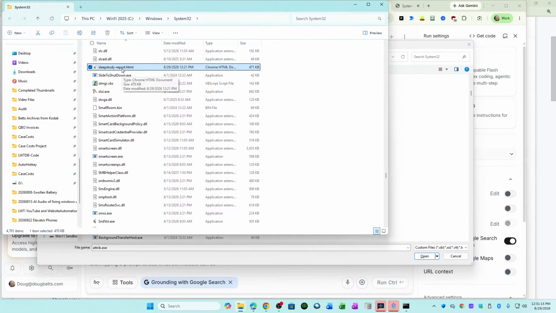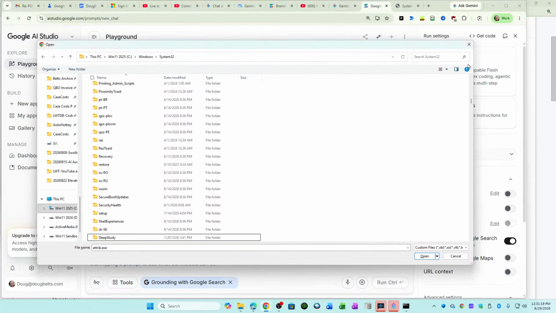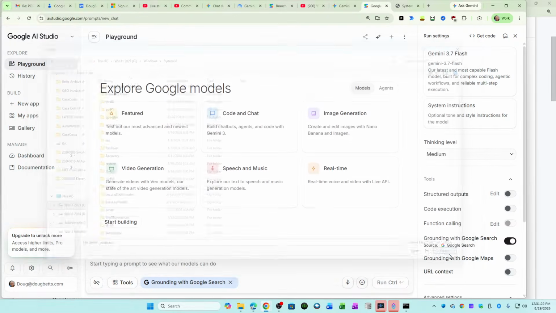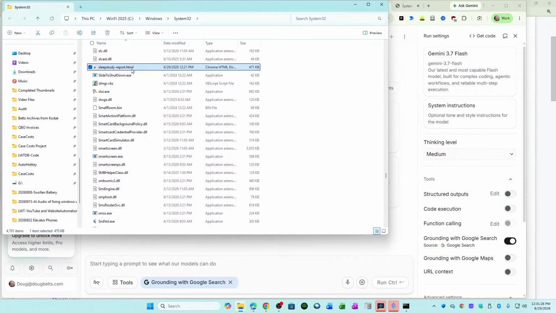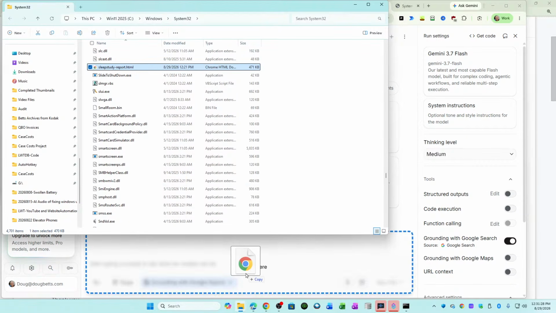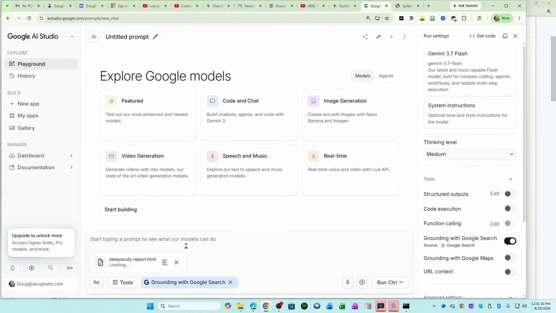So here I'm going back to File Explorer. I can just drag this window in. So I'm going to cancel out of that upload and then bring this back on screen, and I'll just drag this HTML down into AI Studio or any AI chatbot of your choice. And then